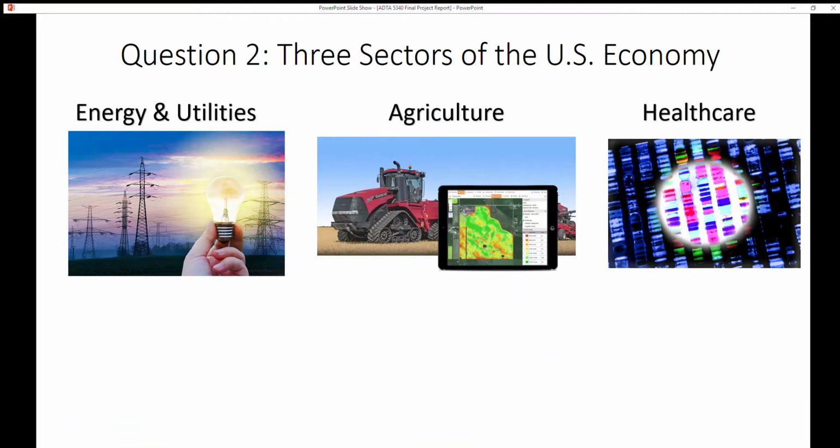The next question, though, that was asked was to describe 3 sectors of the U.S. economy which utilize machine learning. And the first one I want to talk about is the energy and utilities sector. They use